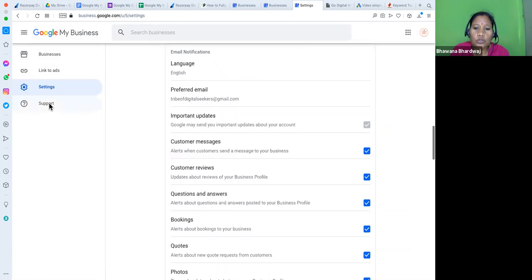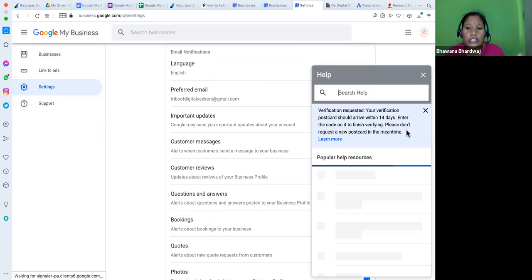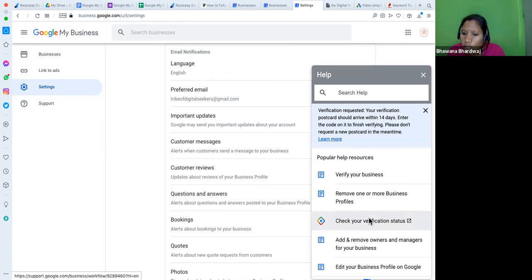And there is a support option for any kind of support, like if your listing is not verified, or your listing is suspended, or you have any kind of violations. All the support you are going to get here. You can go to the settings and support to get the answer.